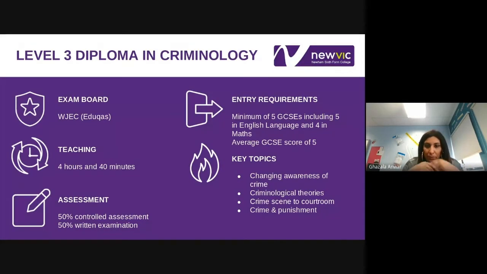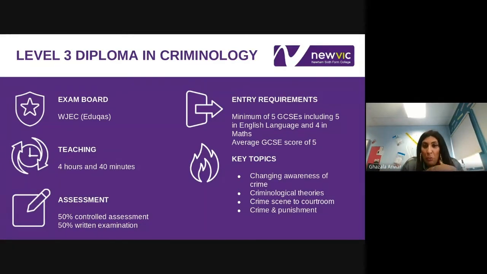In Unit 1, we look at what the underreported crimes are, things like domestic abuse, hate crimes, honour crimes. These are all unreported, and we look at what we can do collectively as a society to change people's awareness of these crimes. We try to understand why they're unreported. Why do people not want to report the fact that they are a victim of domestic abuse, particularly if the victim is male?